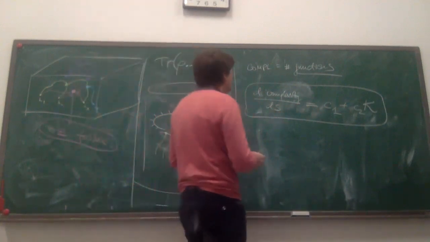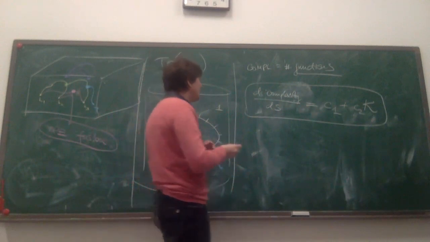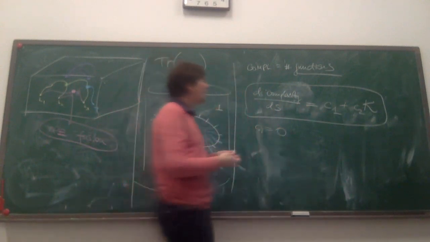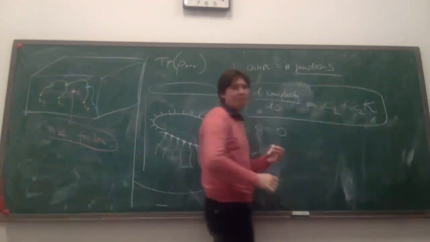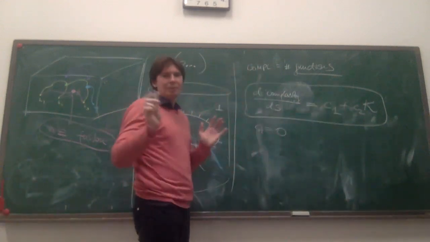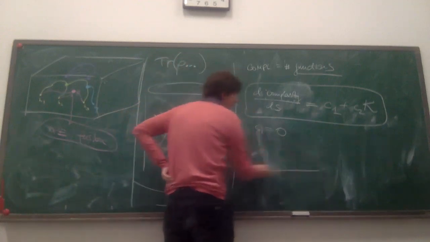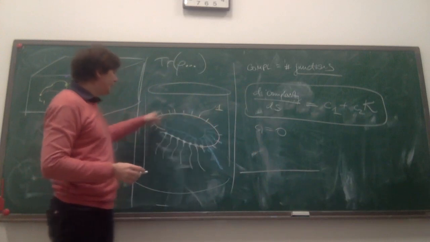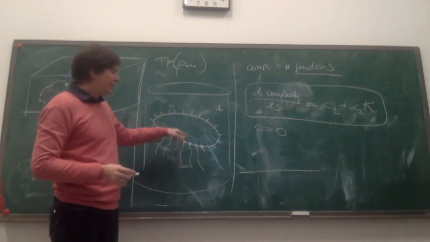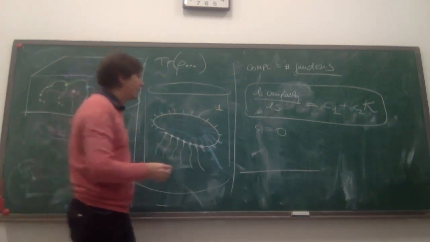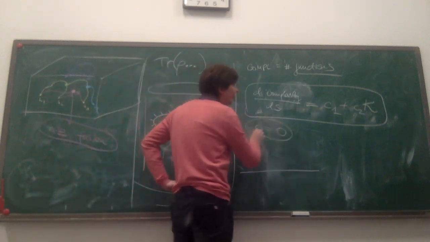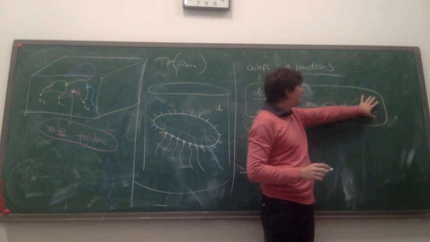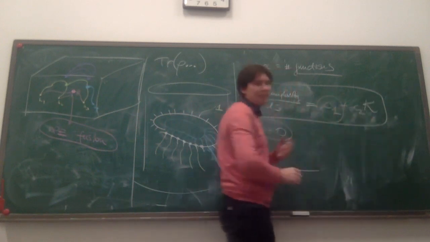So in the remaining five minutes that I have, I'm going to try to convince you that C1 is equal to 0. So in fact, this term is not even there. Let me just tell you why that is. Let's consider a truncated Wilson line network like this, which follows a curve which has 0 extrinsic curvature. If I have 0 extrinsic curvature, then I'm only sensitive to this coefficient.